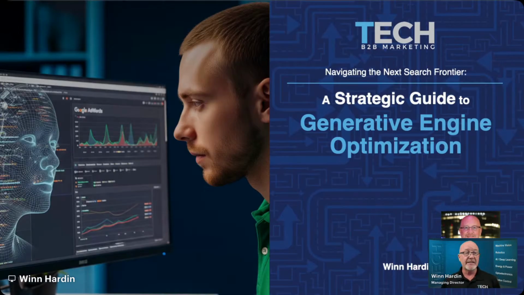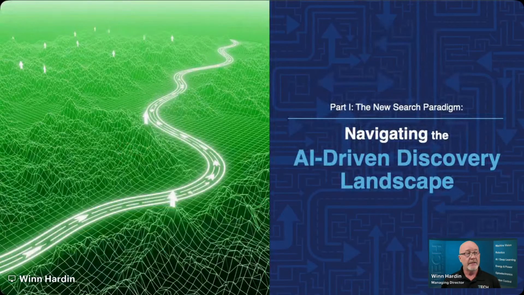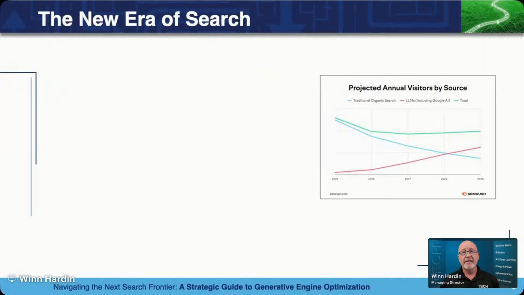We've got a strategic guide to generative engine optimization. And we're going to start with part one, the new search paradigm, which is navigating the AI-driven discovery landscape. I'm going to talk a lot about AI engines. And when I say that, I'm also going to be using the term answer engines. And answer engines basically apply to platforms that we're all familiar with: ChatGPT, Google Gemini, Anthropic's Claude, Perplexity, Microsoft's Copilot,